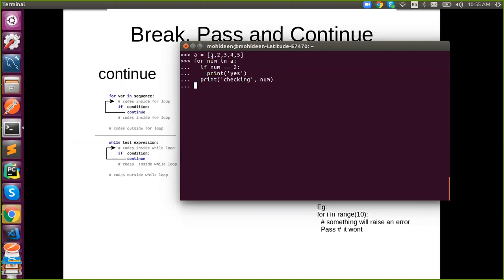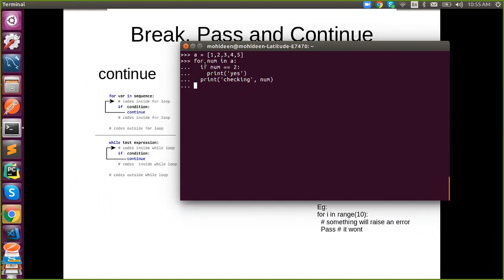Just try from the beginning. For num in A, the first time it will be 1. So just read line by line and answer me. Please, just try. No one is going to mistake anyone.